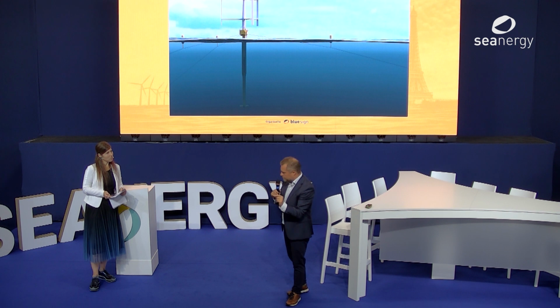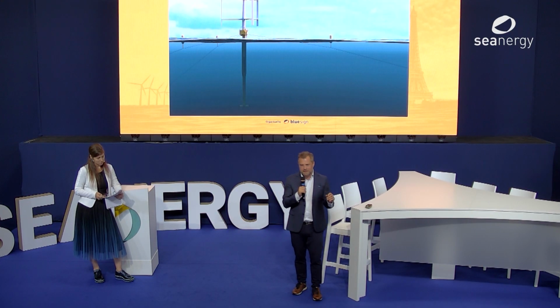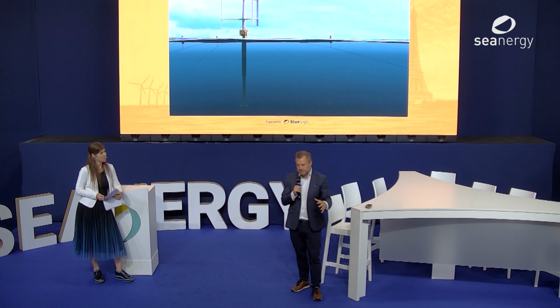But the whole point here is that no component, even with a 10 megawatt turbine or larger, should weigh more than 15 tons. So we have basically a design criteria for the generator house that the vessel infrastructure in the market can kind of decide how heavy the components will have to be. So that's the fundamental point here. Much smaller vessels, much more available vessels, and also less steel in the structure. And the whole point is that we have removed the generator from the top of the tower and put it